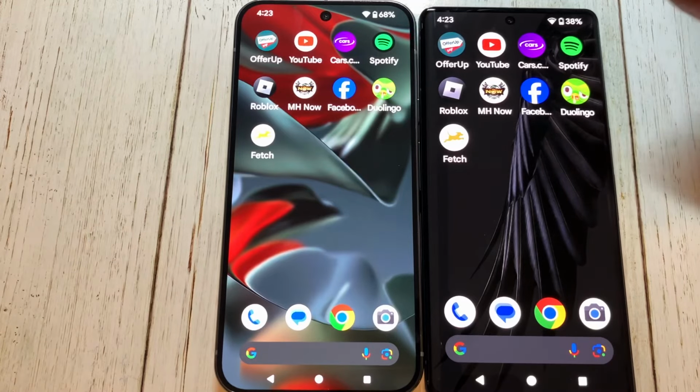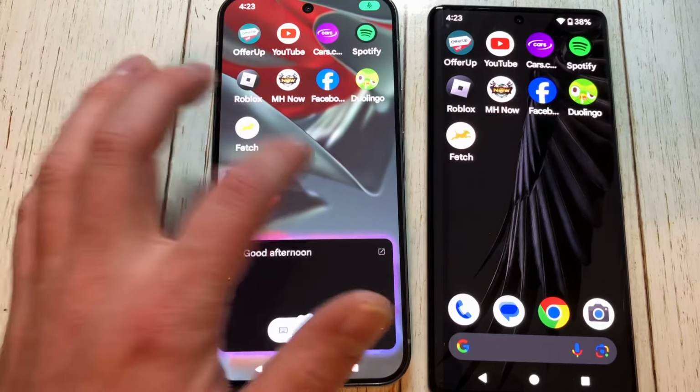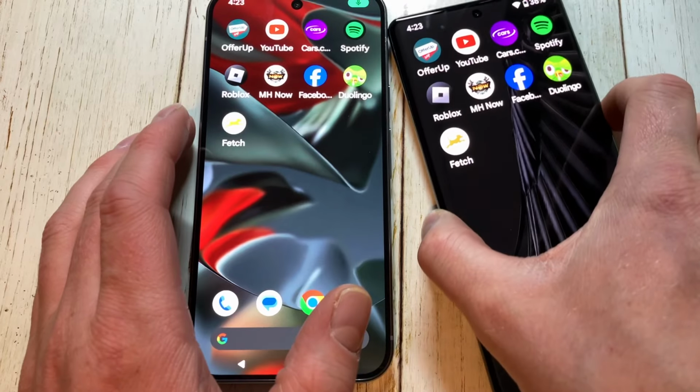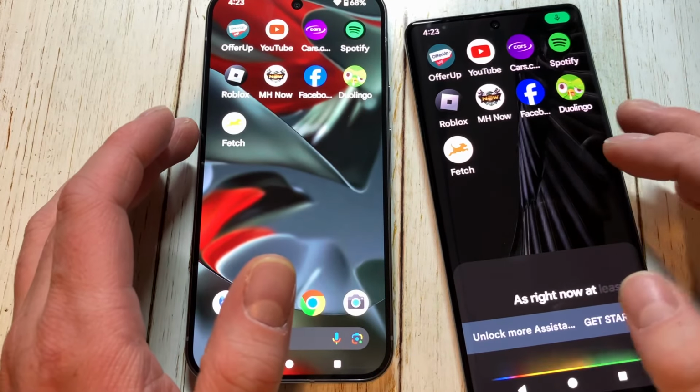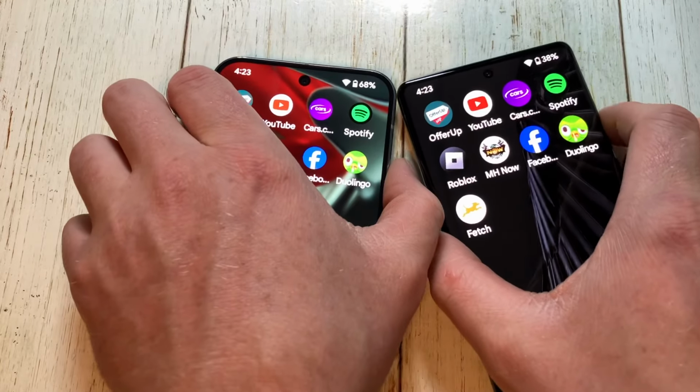So Google has always been about their AI, and including what we just saw there, this does have more AI stuff. This now has the Gemini in it, where this one, at least for me right now, just has Google. But with that said, if you're just doing things like opening apps,